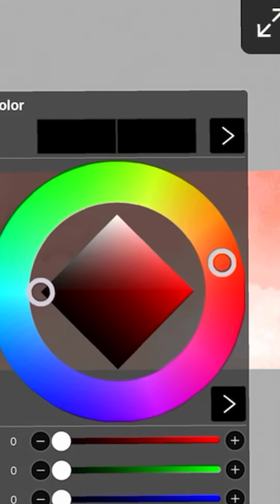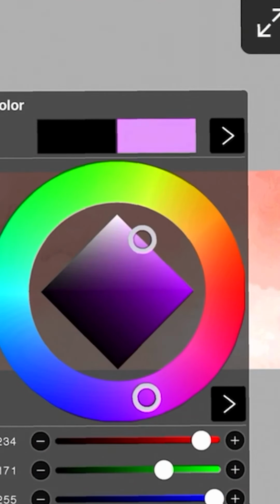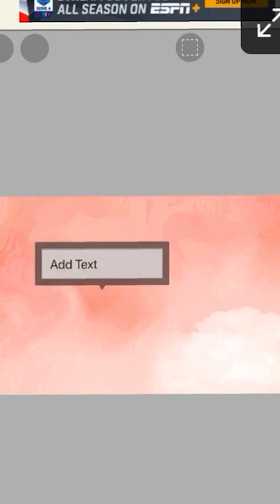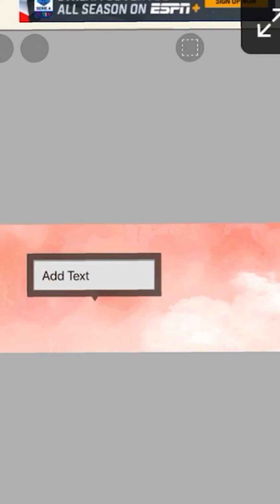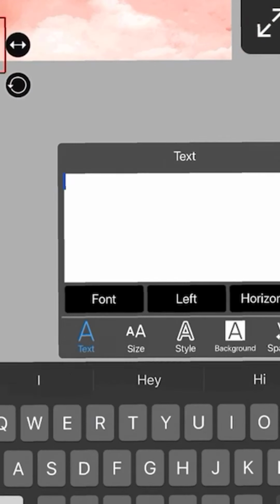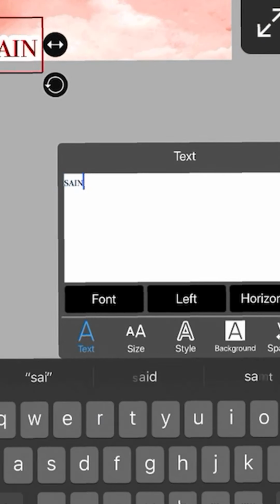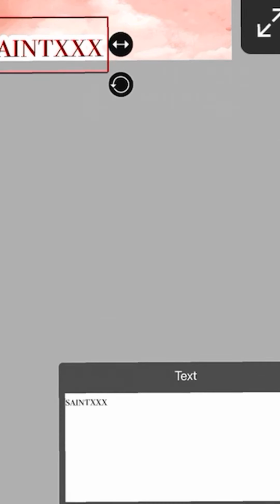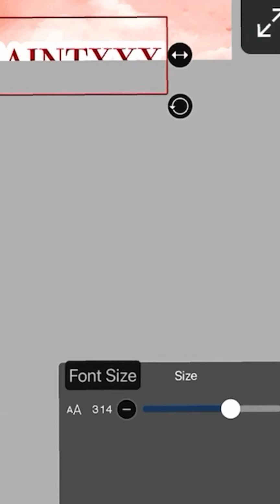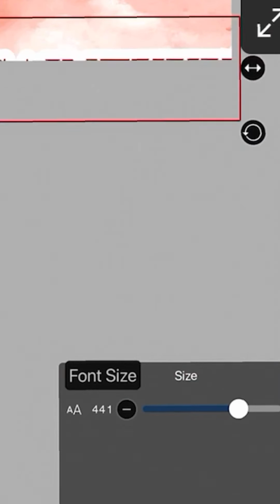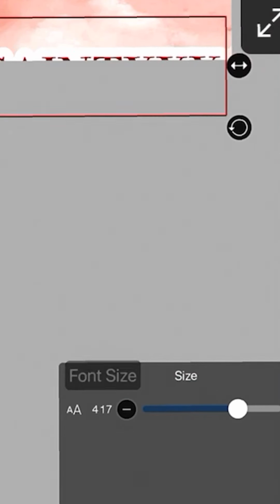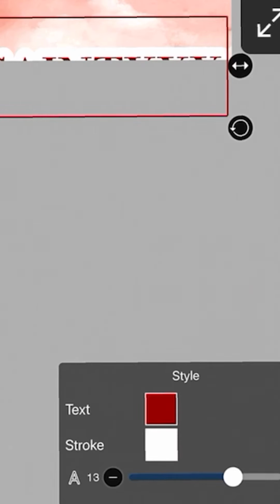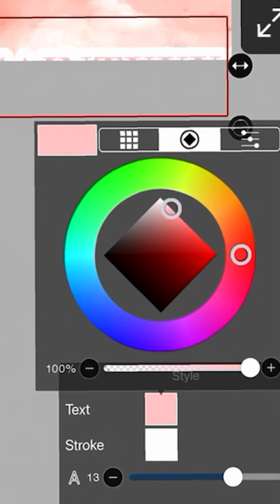I'll try to edit this. Yeah, back to the thing. Okay, so then you want to choose your color. I'm going to go with white. And then put your little YouTube thing, and then just size it up. I'm going to do it right there, just a little bit more. Okay. Then for the text,